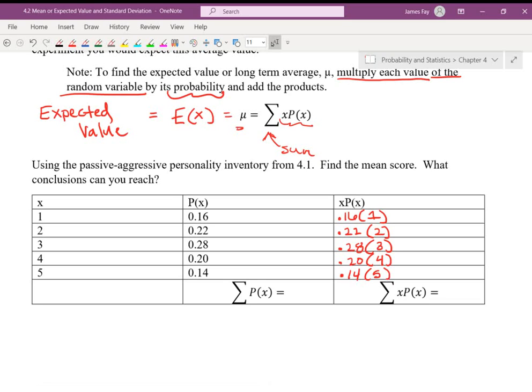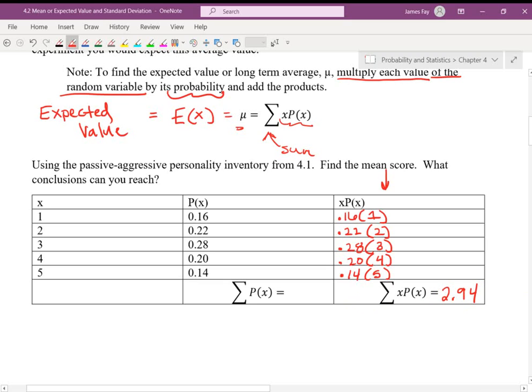So adding those up, we'll have 0.16 plus 0.22 times 2. Having the table is nice, and that's what we worked on yesterday, developing this table for this purpose, being able to come up with this column here. Like I said, it's not always necessary if you can organize your work other ways. All right, so I got